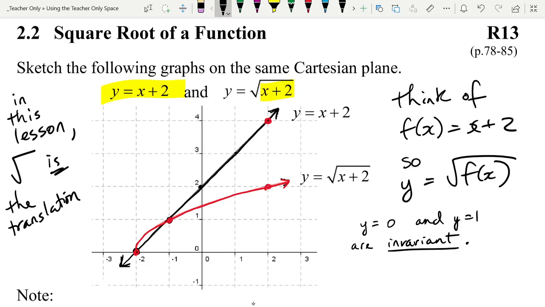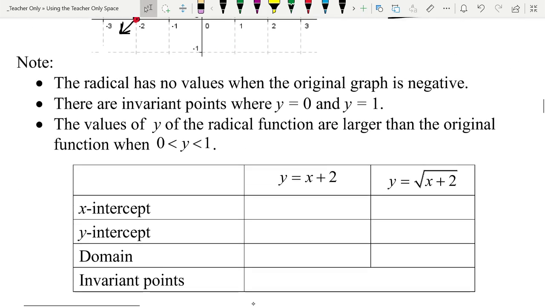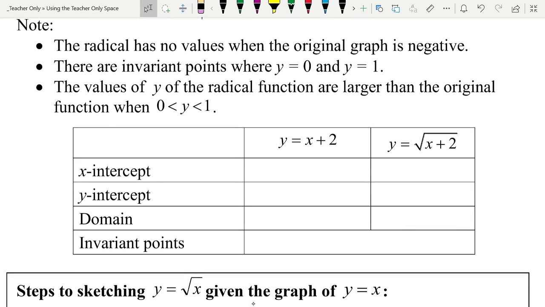So now we got some notes. Note, the radical itself has no values when the original graph is negative. So obviously you can't square root negatives. There are invariant points when y is 0 and y is 1. Oh, I made you write that down. I didn't realize it was in the notes. Sorry. The values of y of the radical function are larger than the original function when you are between 0